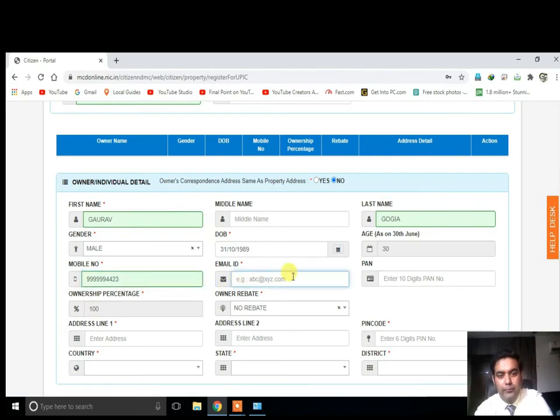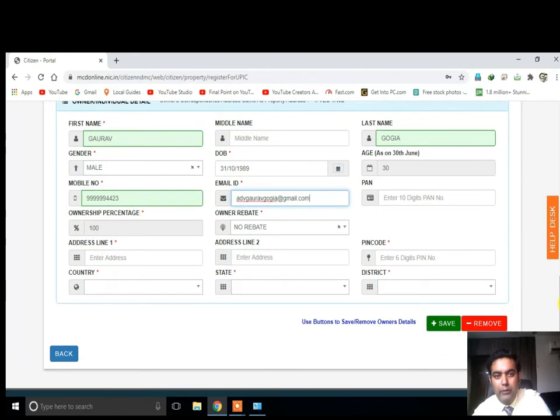Email ID: nowadays the receipts are delivered on email ID, so you can give your correct email ID. Enter 10-digit PAN number. If you wish to enter your PAN number, you can enter. It is not mandatory.